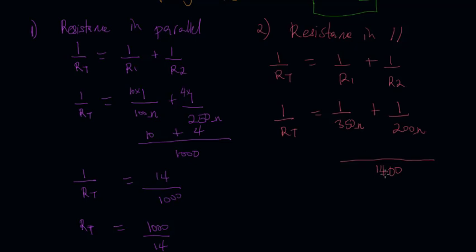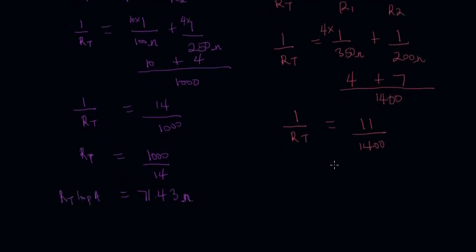Right, so 350 into 1400 goes 4 times. So we have 4 times 1 gives us 4, plus 200 into 1400 goes 7 times, right? So we continue by writing 1 upon RT is equal to 4 plus 7, which is 11 over 1400, right? Then, since this is the inverse, we simply flip both sides and get RT is equal to